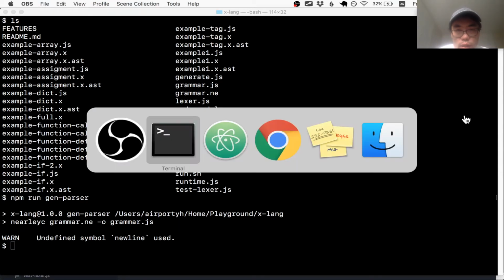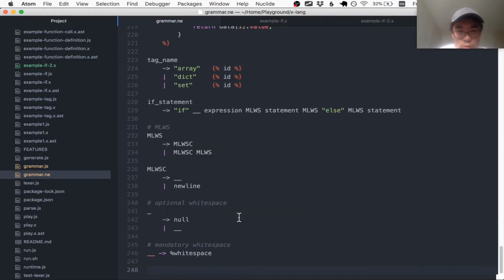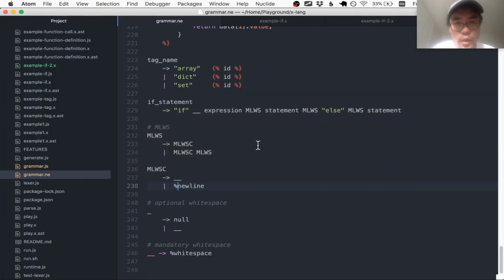Undefined symbol new line is used. That's because it's a token coming from the tokenizer. So if I mean to use a token coming from the tokenizer, I need to prepend it with the percent sign. And I forgot about that. Okay, so now